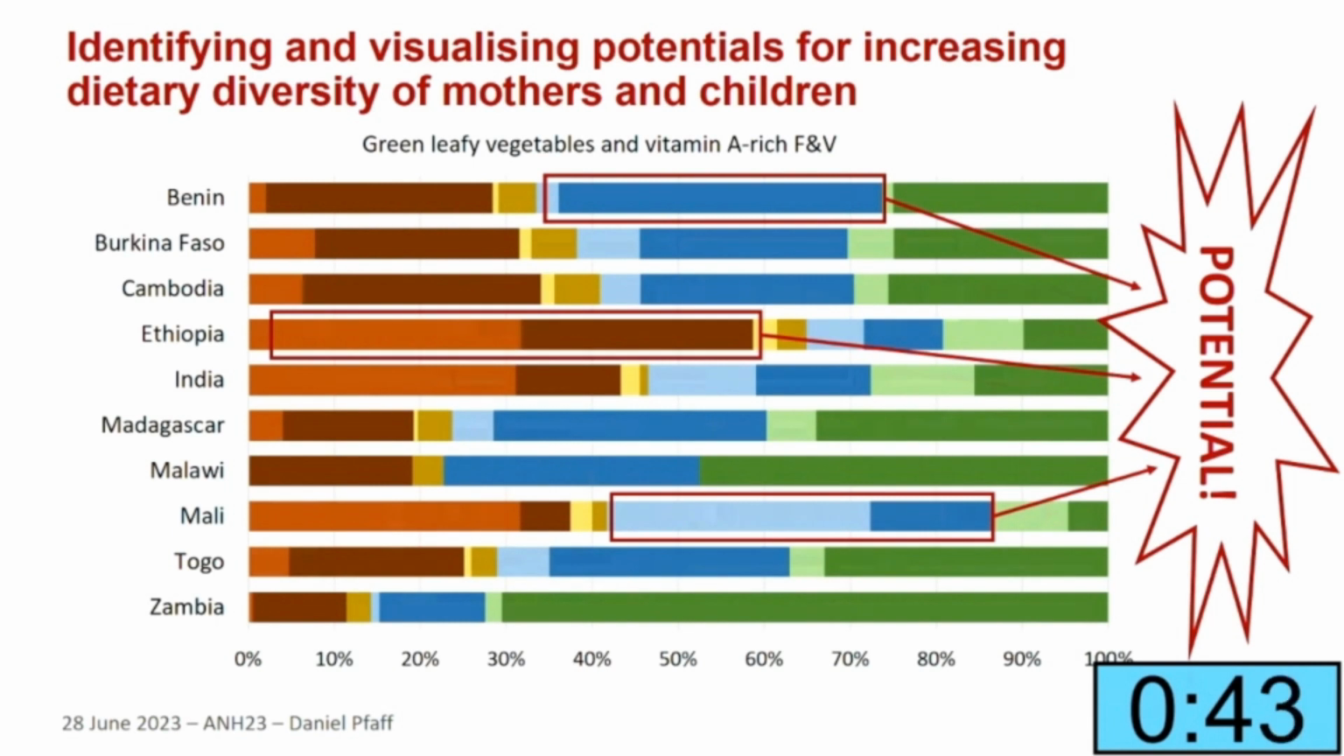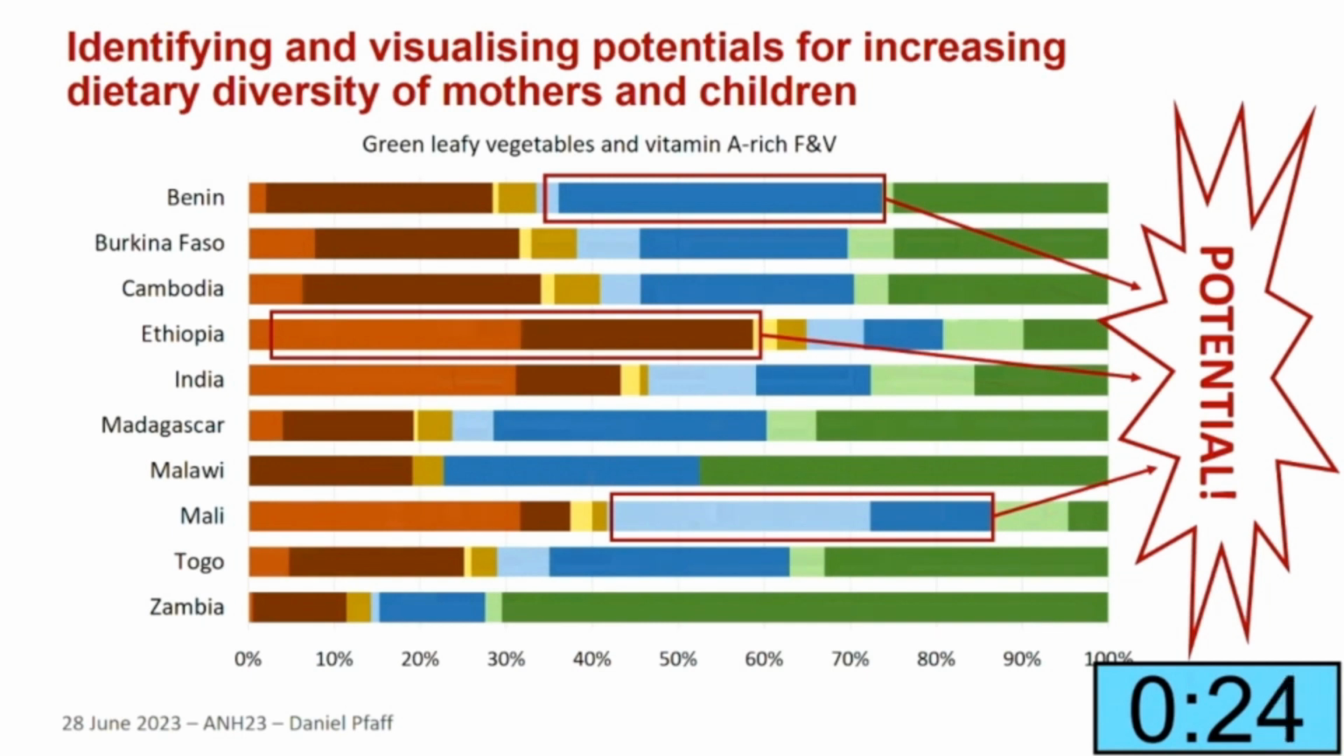Here you can see the example for green leafy vegetables and vitamin A-rich fruits and vegetables. Red colors indicate that neither mother nor child ate the food on the previous day. Yellow, only the child. Blue, only the mother. And green, both. So the potentials that we see is now if people don't consume it at all, for example in Ethiopia,